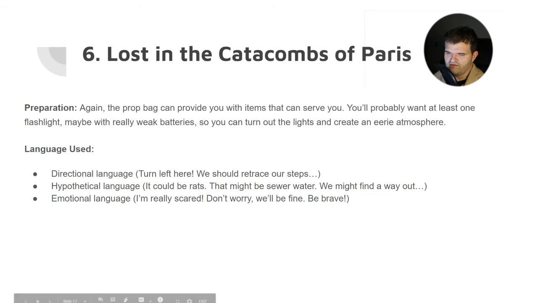And so we have the language being used here: directional language, turn left here, we should retrace our steps. That's very nice. Hypothetical language, and when you need to identify that sound, it could be rats, could be a sewer rat, or a sewer alligator. Those are real things in some places. Emotional language, talking about being scared, being brave. That's not reassuring. Don't worry, we'll be fine. All those kinds of language can be used to help